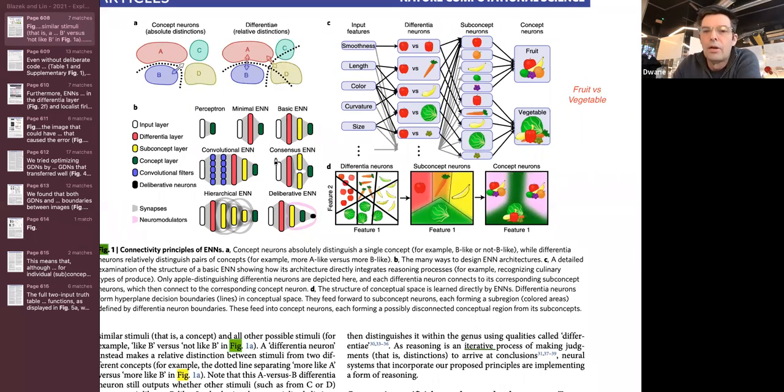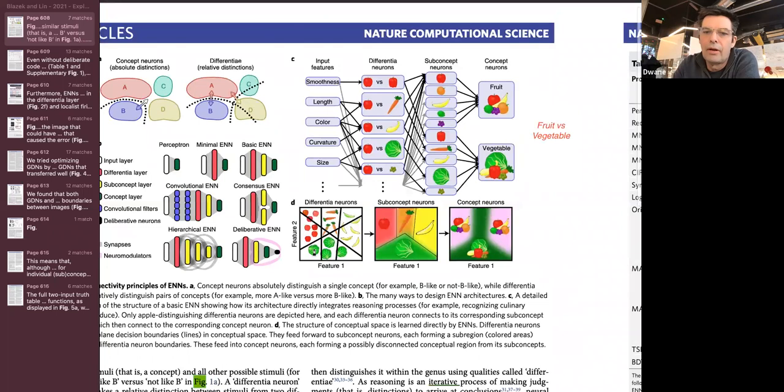So I like their initial diagram here. They say that really what you're trying to do, in this data set, is separate fruit versus vegetable, basically on what fruit it is and whether it is smooth, what its length is, what its color is. That gives you the concept of an apple, which it doesn't know at this stage, but then it will essentially learn those input subconcepts and the fact that it's an apple, and then put that into the fruit basket, and then we can examine it afterwards and interpret